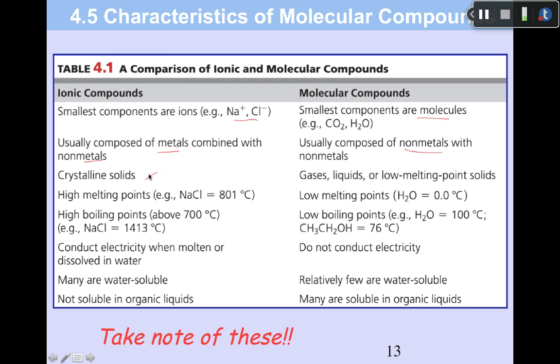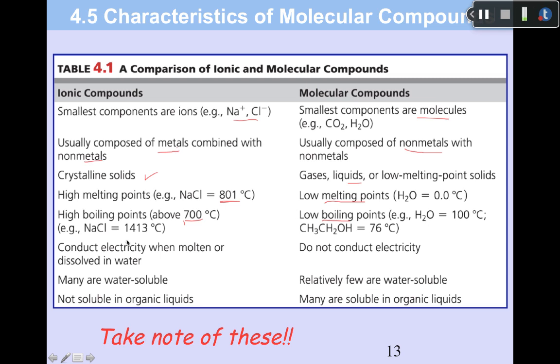The ionic compounds are going to be crystalline solids with very high melting points. 800 is quite hot if you think about it. And by contrast, molecular compounds will be either gases or liquids or low melting solids, so they're varied, but their melting points are much lower, and that's why they'll end up with things that are either gases or liquids. The boiling points correspond as well. They're going to be even higher than the melting points, of course,